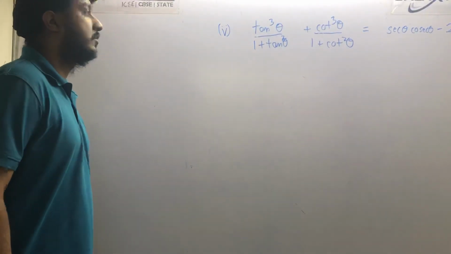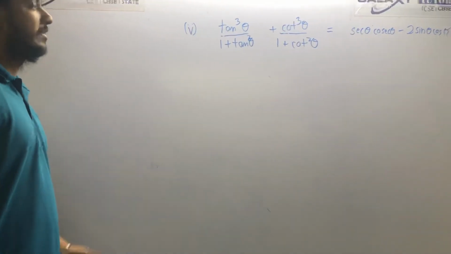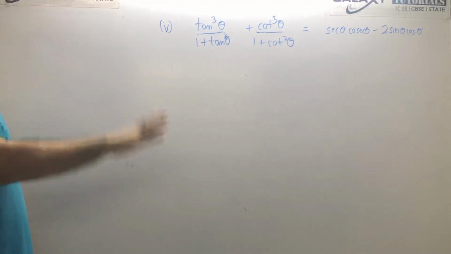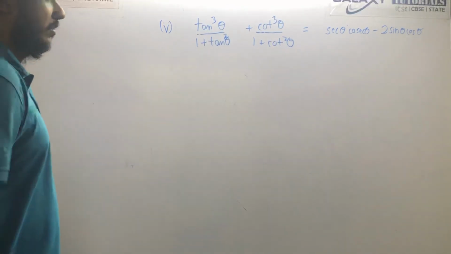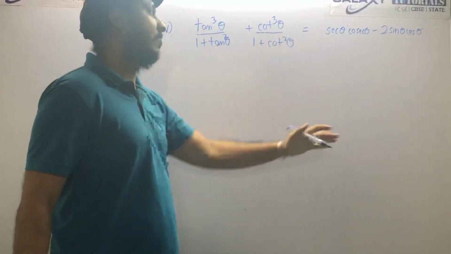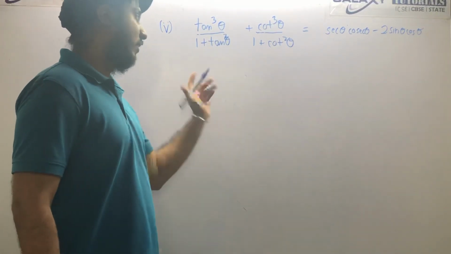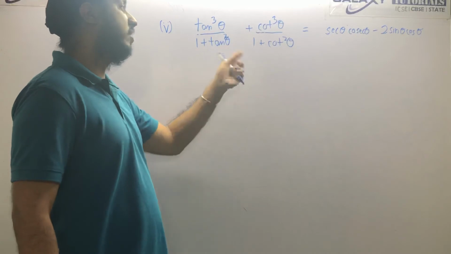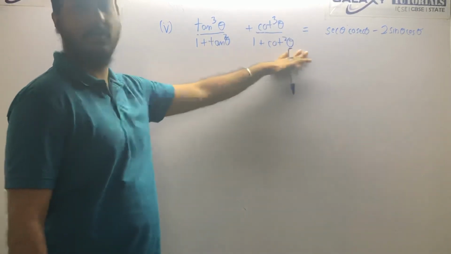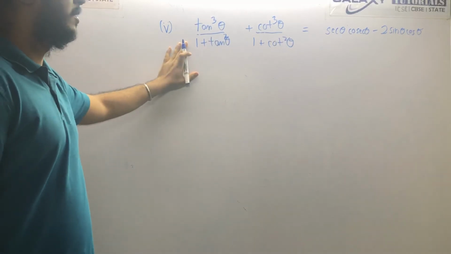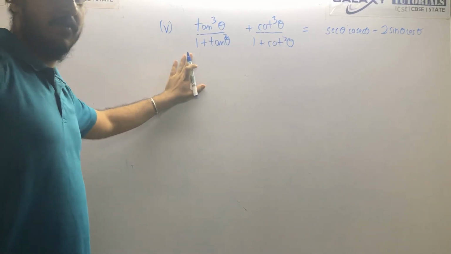Okay, so this is the question. So you have to decide which side you can proceed from. You can proceed from any side, because both sides are complicated. One has secant and cos and the other has cot and tan. It's up to you, okay, but I would prefer to proceed from the left hand side because it is a little bit more complicated, because you see there is a fraction also here. There is something in the fraction, so it is a little bit more complicated. So I would prefer to proceed from the left hand side.